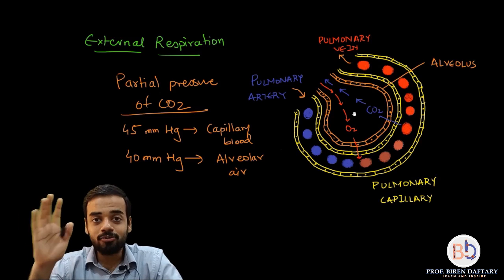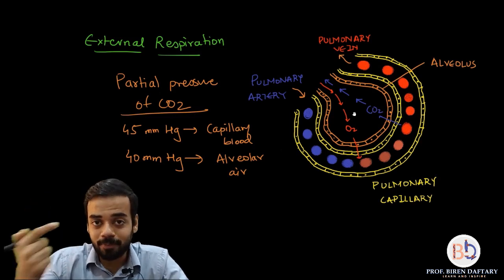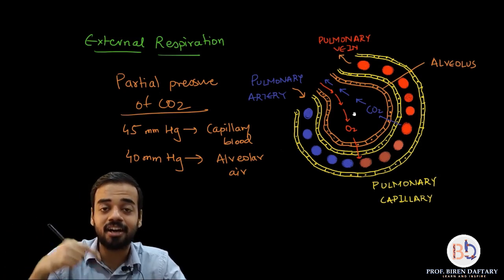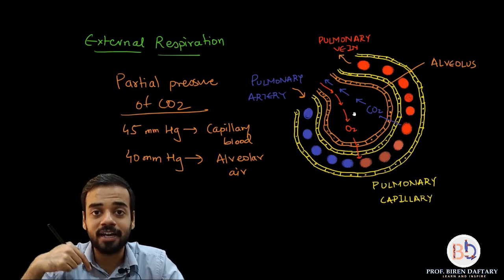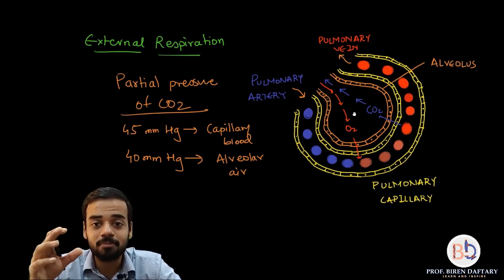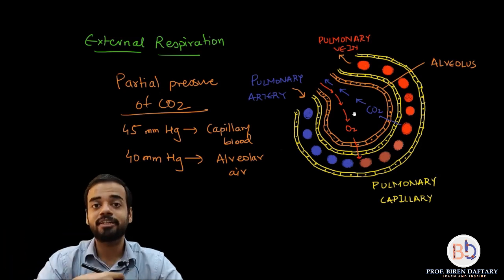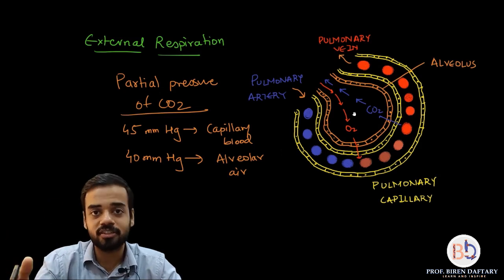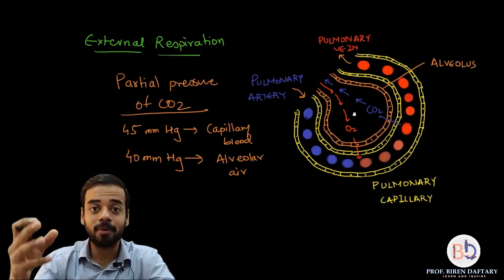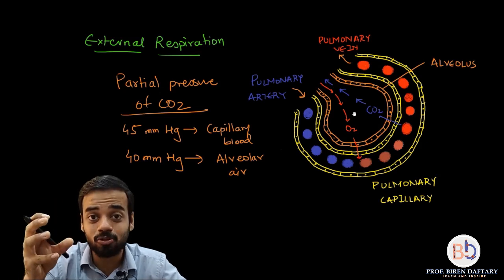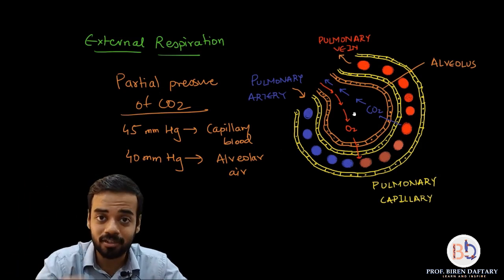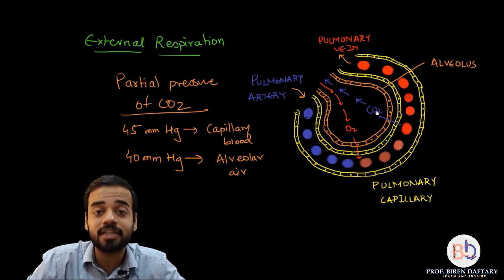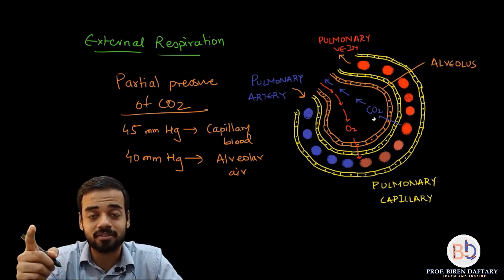So now are you understanding, during breathing, during inspiration, why the oxygen that we take in enters the blood, and why carbon dioxide during expiration leaves the blood? Please remember, all the gases are taken in during inspiration, but why is only oxygen going inside the blood? See, other gases also dissolve in the blood, gases like nitrogen and all, but oxygen has a special carrier in the blood, hemoglobin. That is why oxygen gets concentrated more in the blood. Similarly, have you understood why dissolved carbon dioxide from here is going into the air? Why is it diffusing? Because of partial pressure.